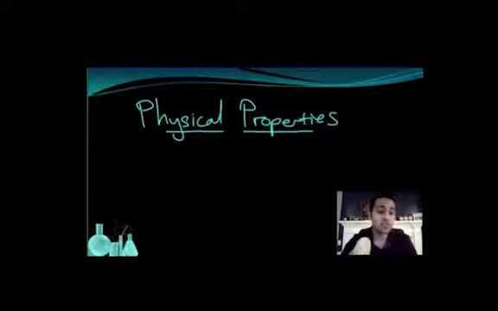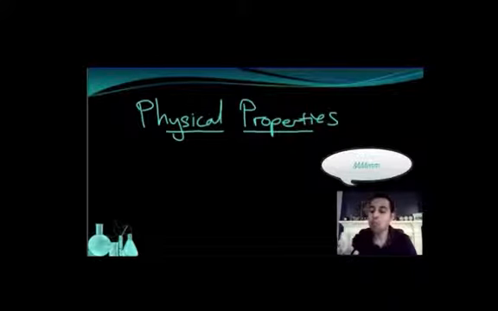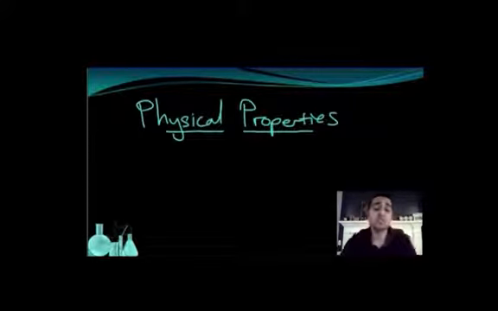Now, if I change one of the physical properties, say by taking a bite out of it, I'm changing the physical properties. You can see now that very clearly I've taken a bite out of this, and the mass has changed, so I ate some of it, and all those other properties I just mentioned have changed, the shape, the size. Some of them have not, though. It's still just as hard as it was before, just as crumbly as it was before, so I've only changed some of the properties. Now, I think we can all agree it's still a cookie.